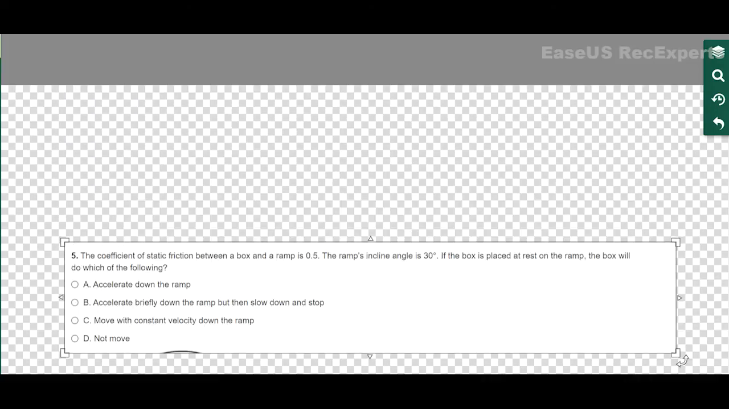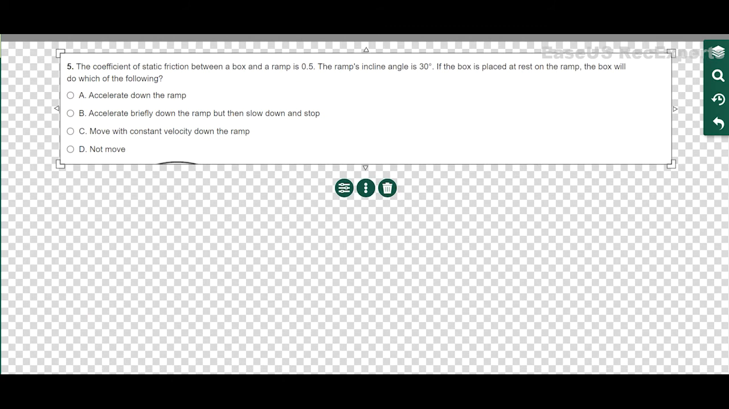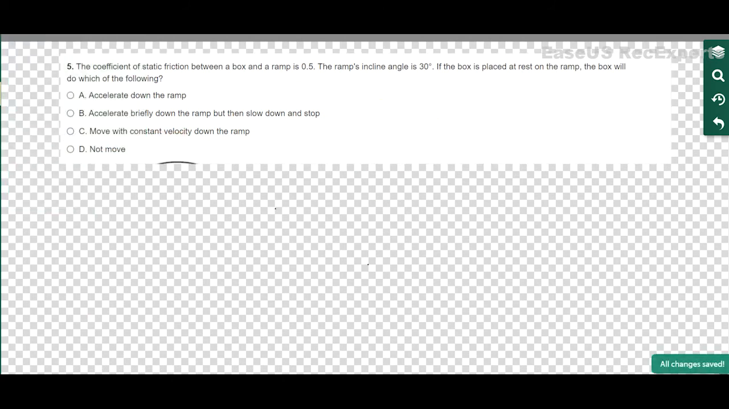Alright, so we are given this question. The coefficient of static friction between a box and a ramp is 0.5, and the ramp's incline is 30 degrees. If a box is placed at rest on top of the ramp, the box will do which of the following? Alright, so we have a box, right? It is inclined at 30 degrees